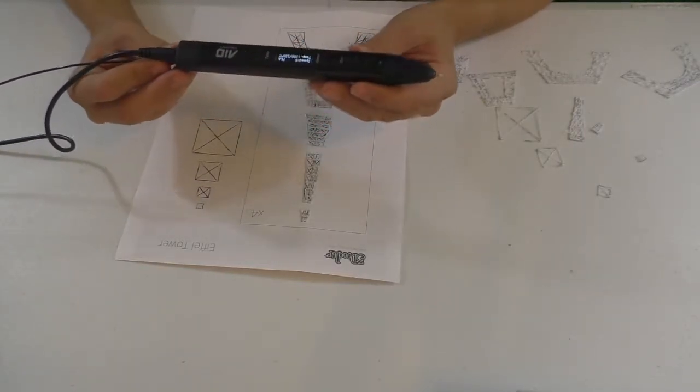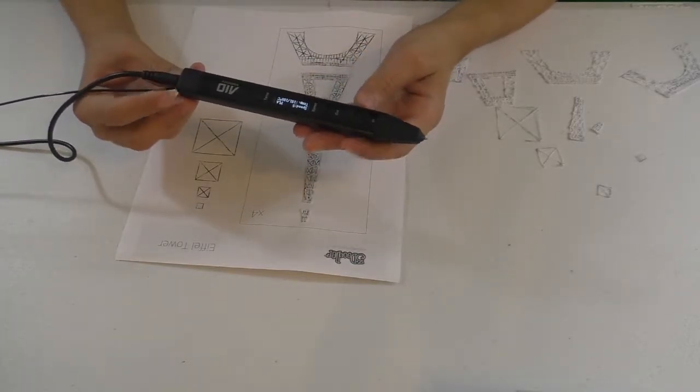Whenever you put a new color into your 3D pen,